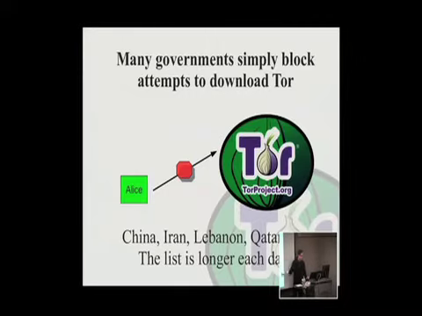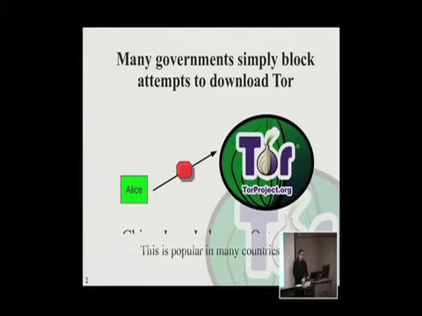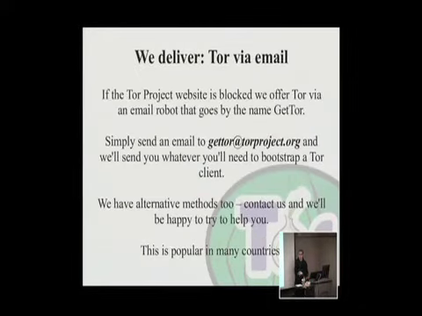So I traveled to train the people at Al Jazeera in Qatar about Tor. And I found that the QTEL Telecom actually blocks the Tor project's website. And so in order to get a copy of Tor to the people at Al Jazeera, I wanted to download it before I went to their office. I used a thing called GetTor. And so we decided that we would use a different overlay network to deliver our overlay network. So we use email. And spam filtering is really a hard problem. So we decided that we would also make a really hard problem.